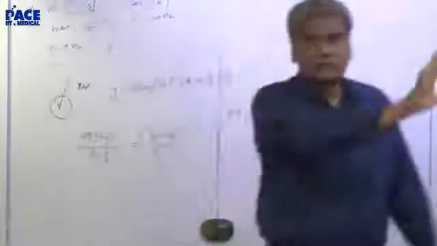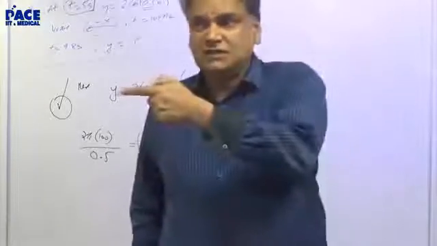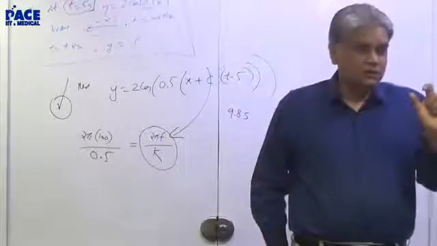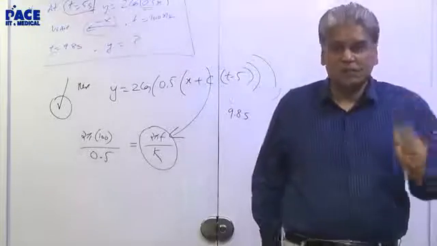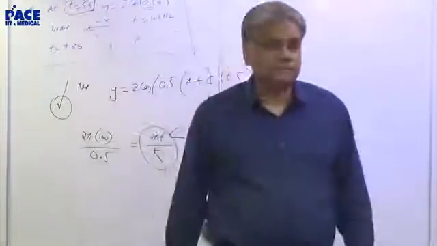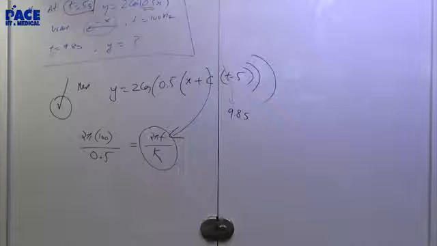I've replaced x with x minus ct. No, x plus ct because it's traveling in the negative x direction. And t is not t, t is delta t, time elapsed. Therefore I write it as t minus 5 because the beginning thing is given at 5. That's all. So don't worry about calculating it, just get the idea. We move on.